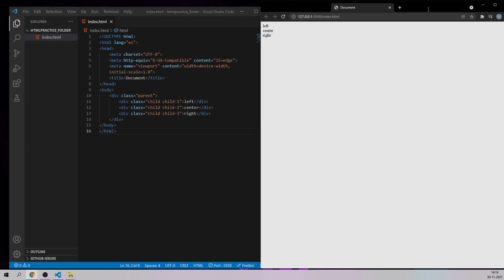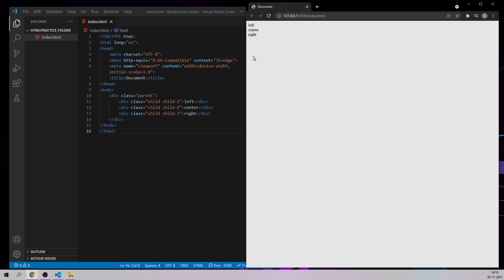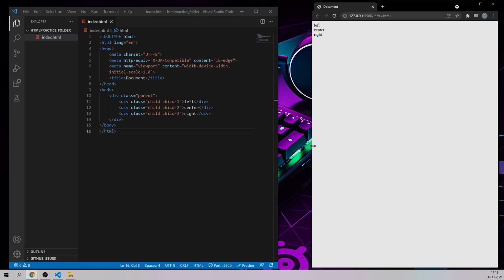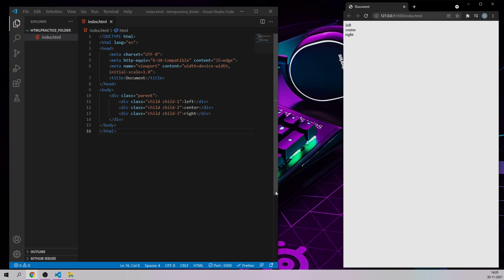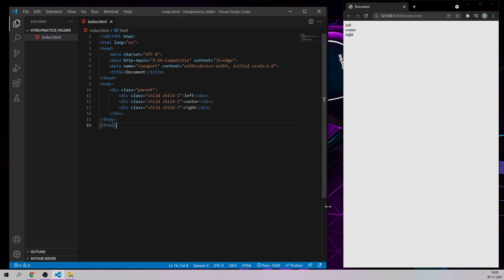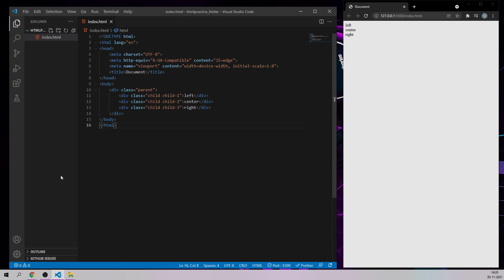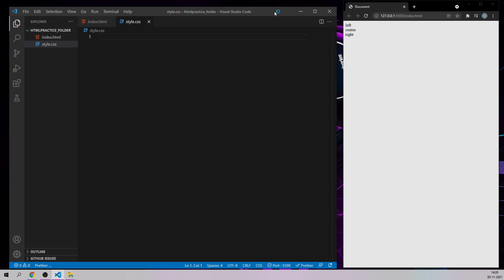So this is going to be our web page. We have our web page ready with us. Let me bring it like this, and let me increase the coding section of this one. Okay, and I'm just going to create a style sheet, a CSS file. I'm simply going to name it style.css, and here I'm going to write the CSS code